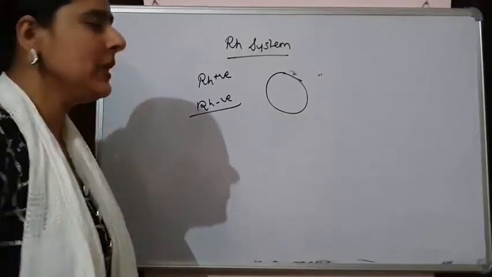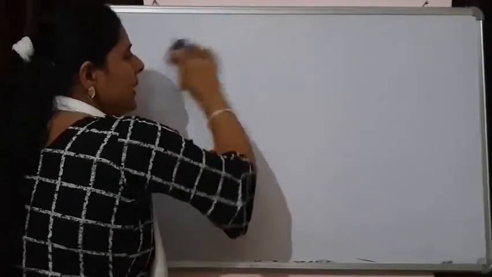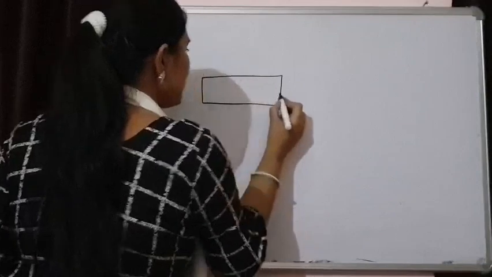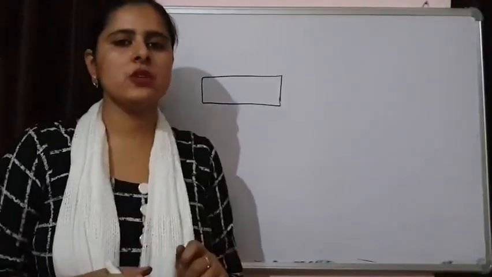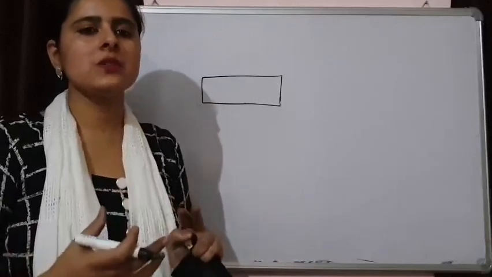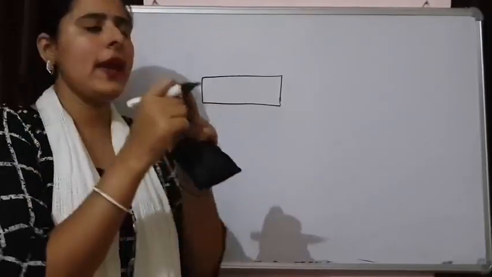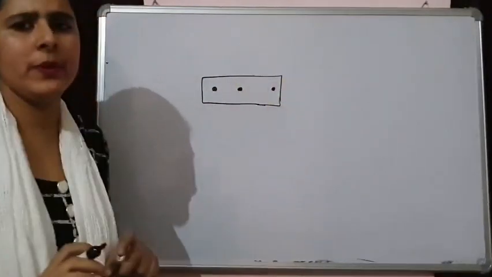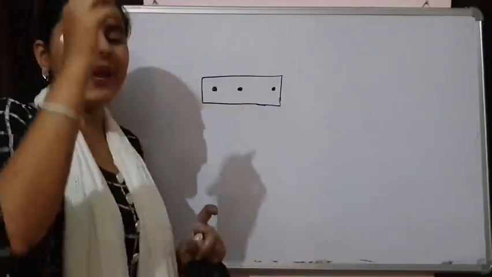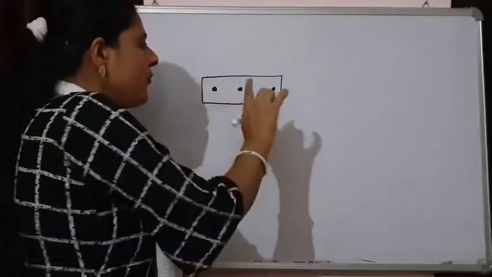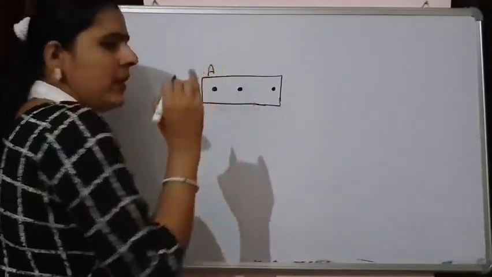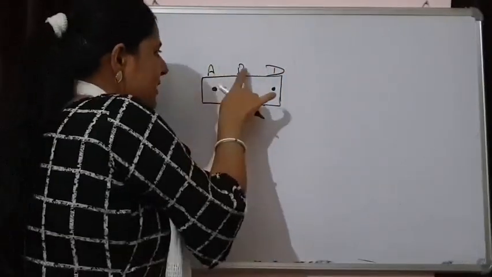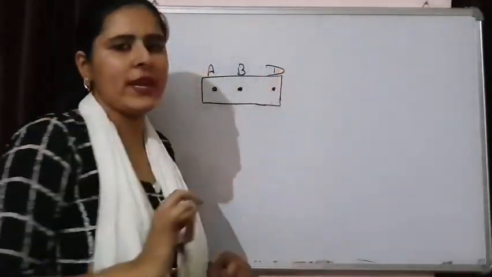Let's talk about how blood groups are determined, if you have ever seen it. Suppose this is a glass slide. Whenever a physician or doctor is going to examine our blood group, he or she is going to prick your finger and put 3 drops of blood. Now they are going to add antisera on these drops of blood. This will be antisera A, antisera B and antisera D. These are for antigen A and B, and this is for Rh factor.